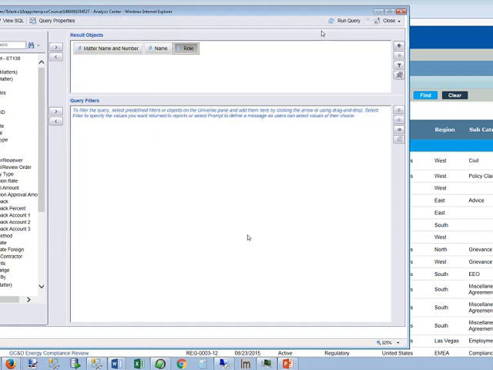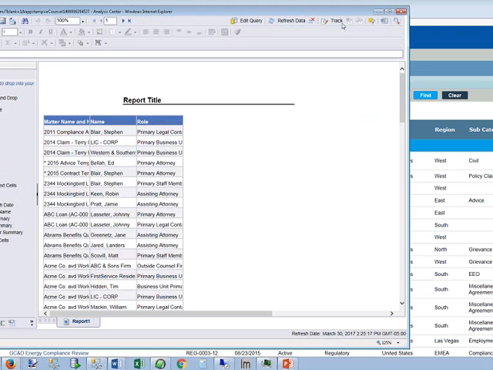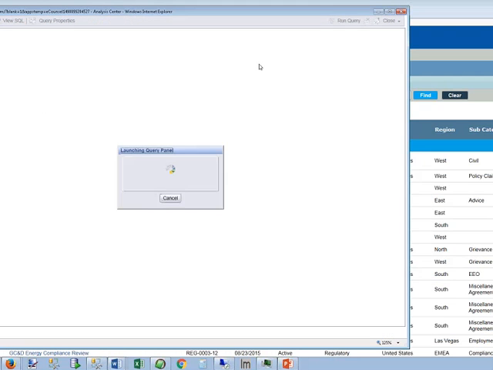Because this is a demo environment, there's not a lot of data, so I can afford to leave the query filters empty for the sake of this example. More than likely in live environments, you'll need to make sure you have some kind of query filter so that your report does not take forever to run. So I now have a very simple report that lists all of the matters and their players along with their roles. If I go back to query,